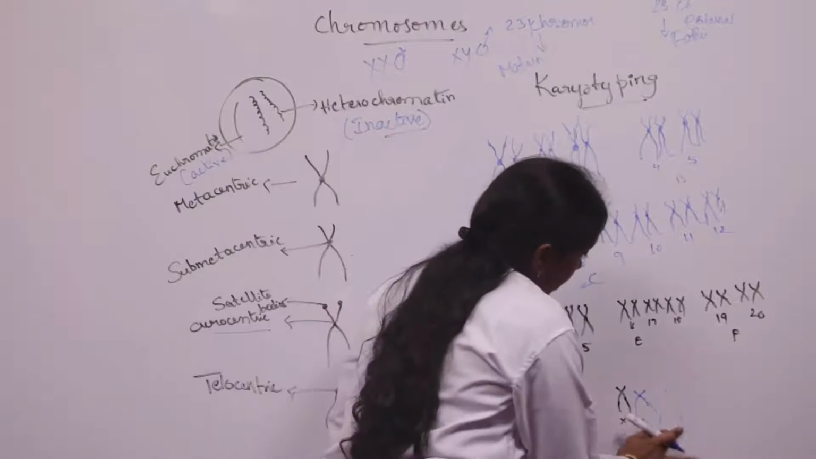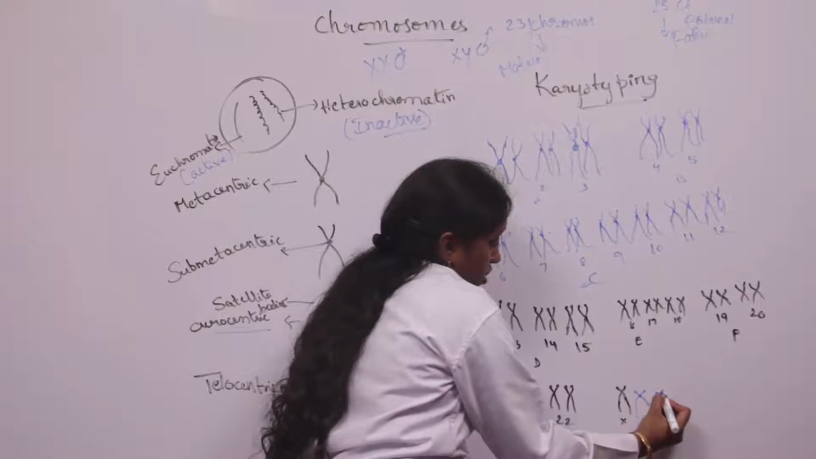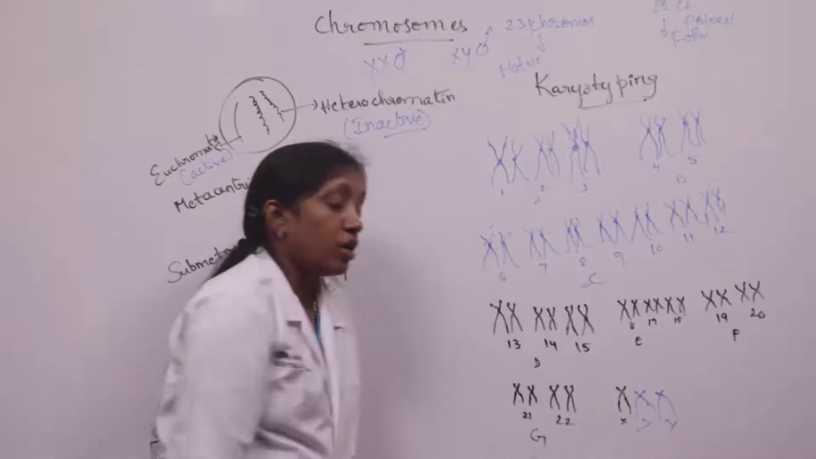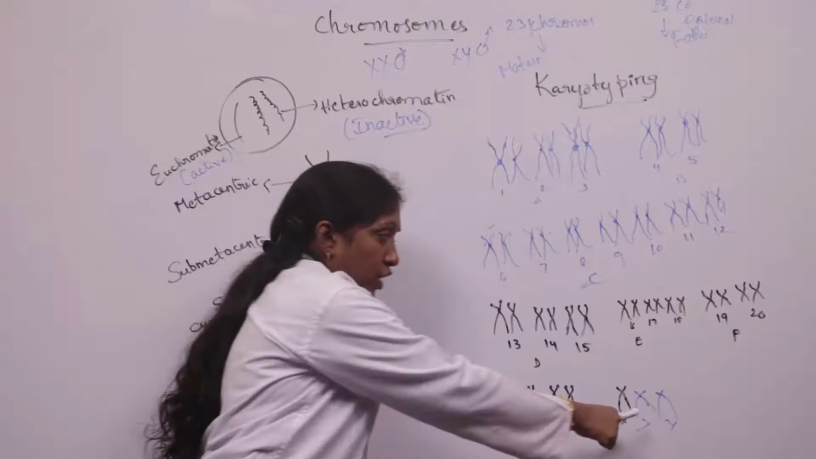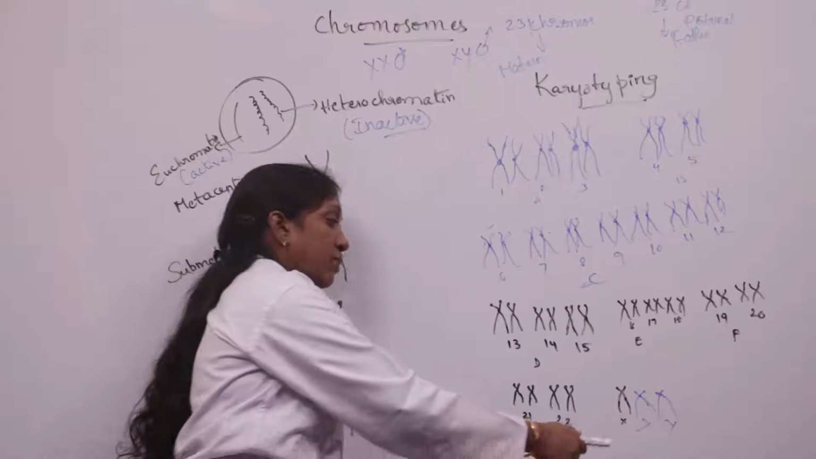For example, here 2 X chromosomes are present and 1 Y chromosome is present. This condition we call Klinefelter syndrome. So the individual, of course, has a Y chromosome, and the individual here is a male, but he exhibits some